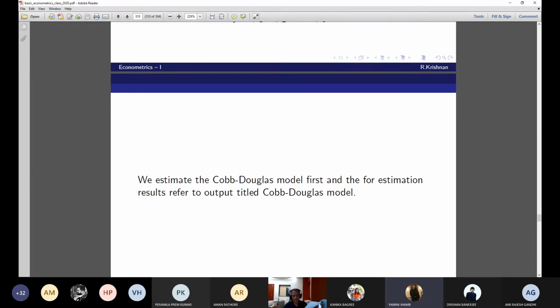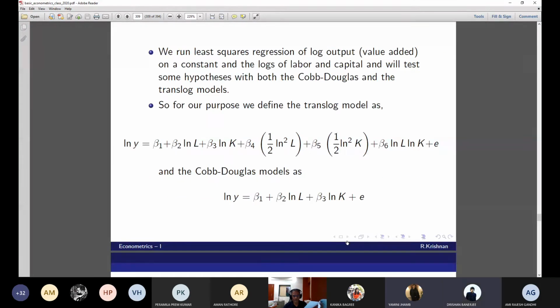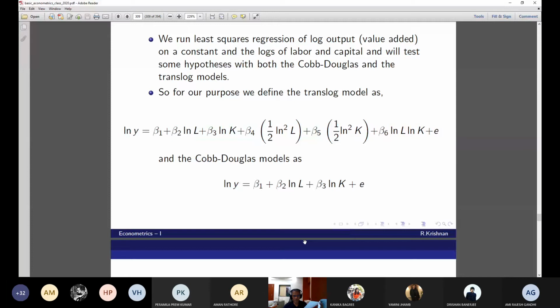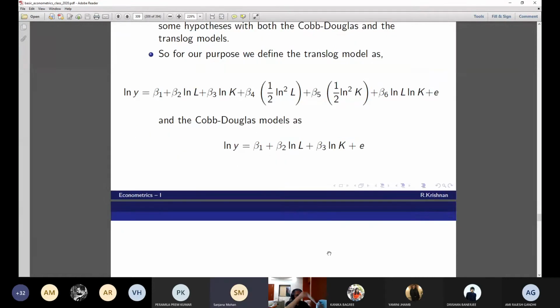Sir, could you go back a slide before this? This one or before this? Yeah, this one only. This is the Cobb-Douglas model, simple Cobb-Douglas model. Sir, F(1,24). What will be the value? How did we calculate the value? What will be the F value? And from the table, you tell me whether this hypothesis can be accepted or rejected.